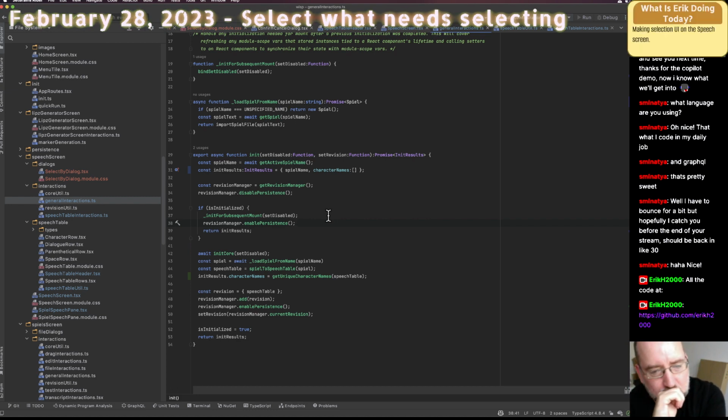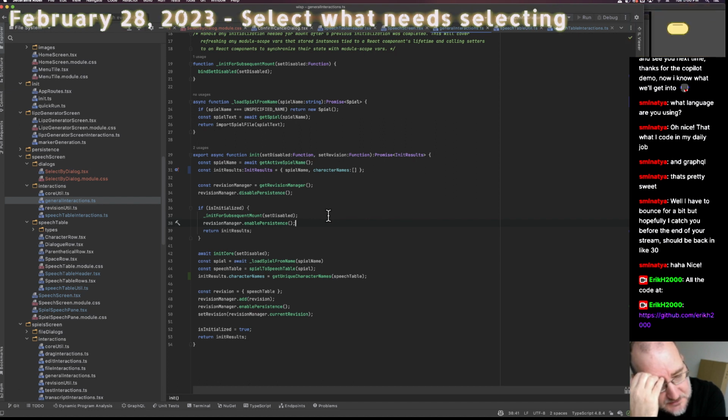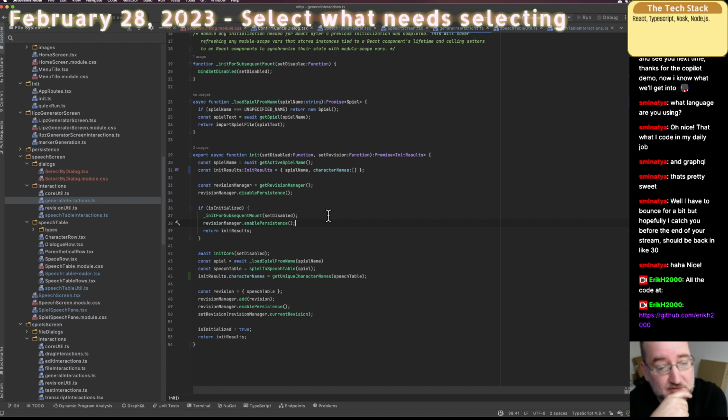It gets tricky though. It gets tricky. Here's the tricky part. The spiel can change. The active spiel can change. On the other hand,